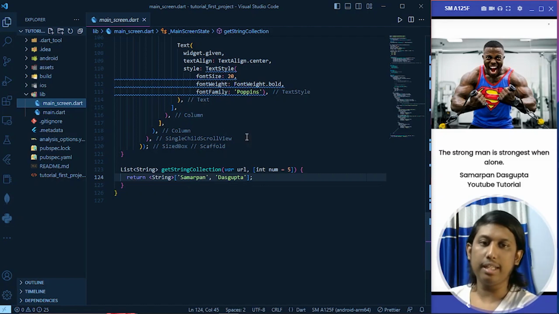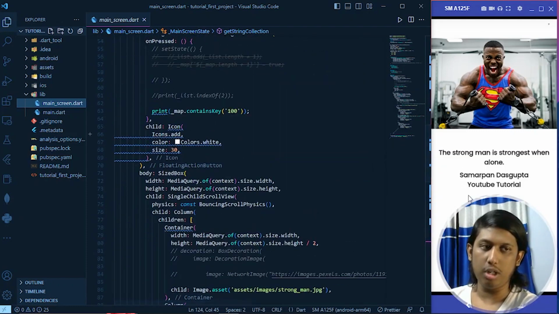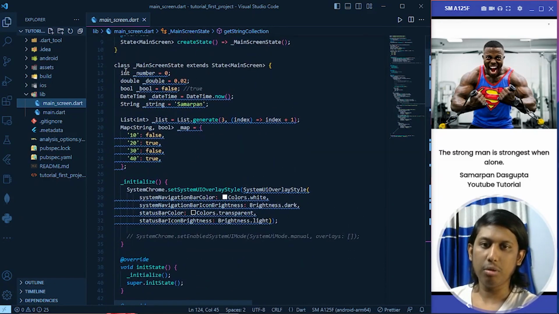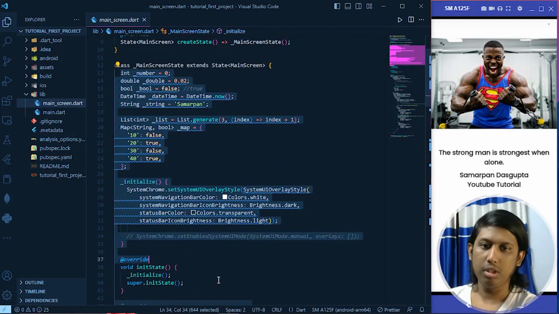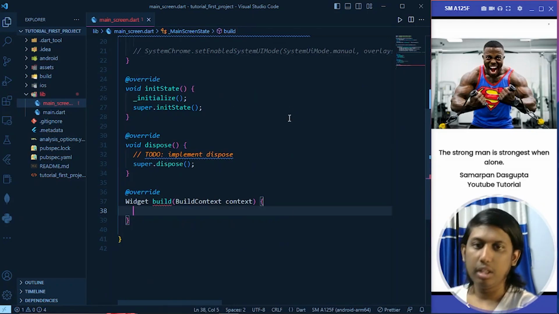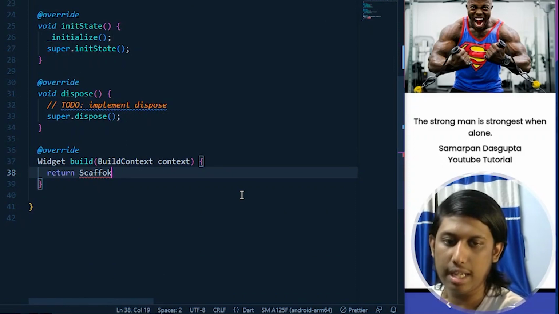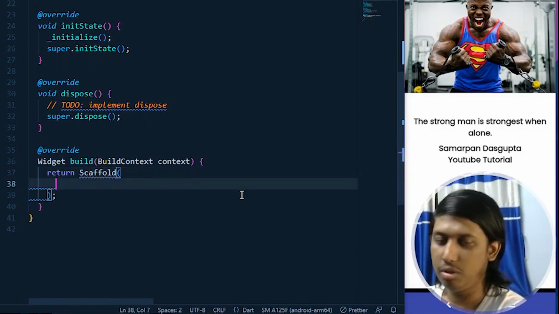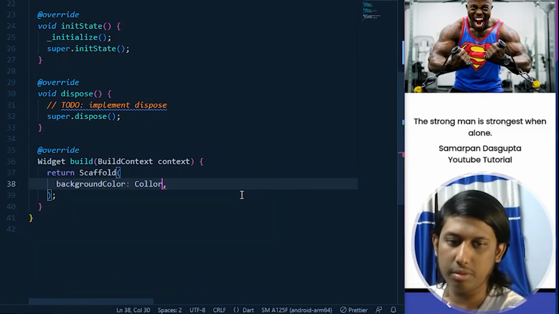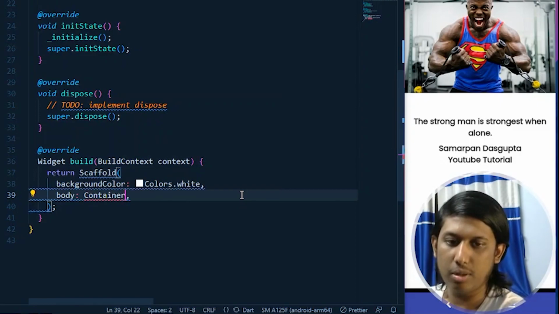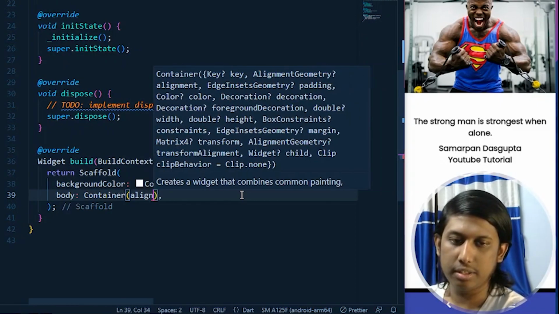Okay, now I can start from here. I can remove all of the things here so that I can tell you what the requirement of local storage is. So what I want to do is remove all of the things here. Now we can write Scaffold, and under the Scaffold we can give a background color that will be Colors.white, and a body having a container